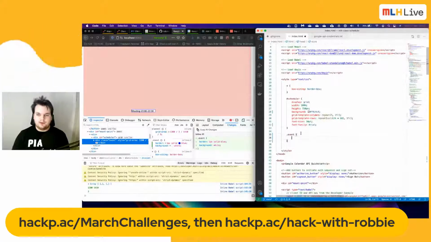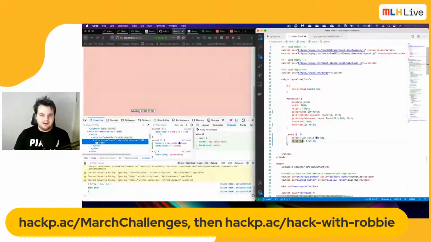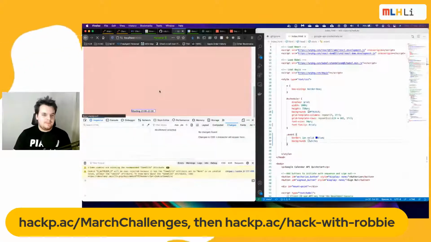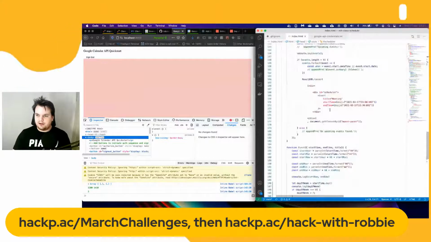Event. Border is a 1 pixel solid blue. And white. There we go. Misspelled background again. Reload. Okay, so this is starting to show up. And now, just to really test that this is working before I hook it up to the rest of Google,